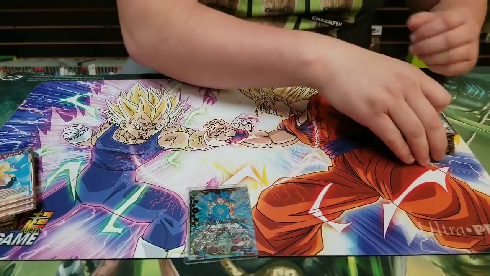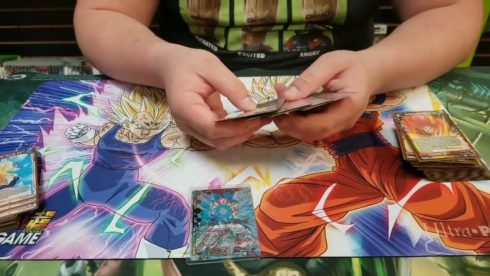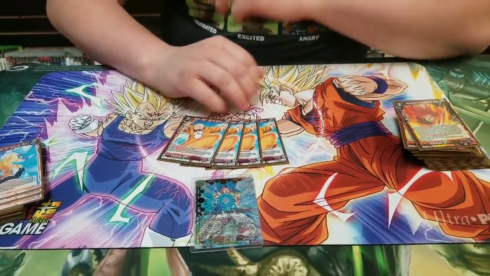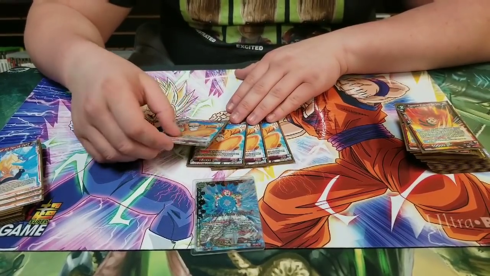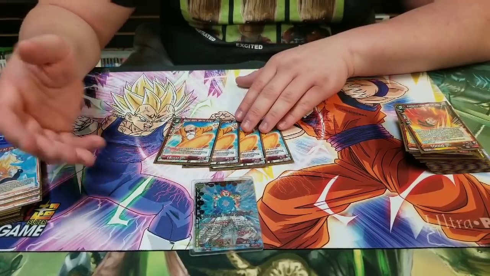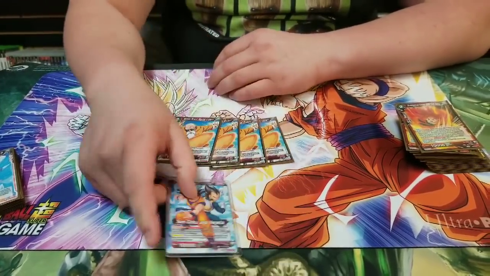Up next we've got the super combo. So I run the Sparking Roshi super combo. I see some people running the Life super combo in Gogeta BR. I think that the Sparking super combo lends itself to a defensive strategy, where the Life super combo lends itself to an offensive strategy, because of course, with the front side of your leader, you could be taking life